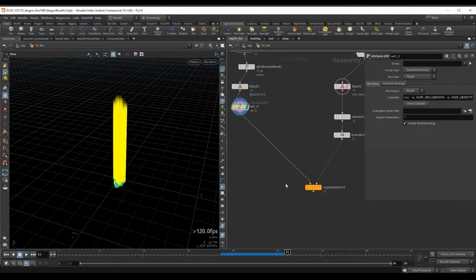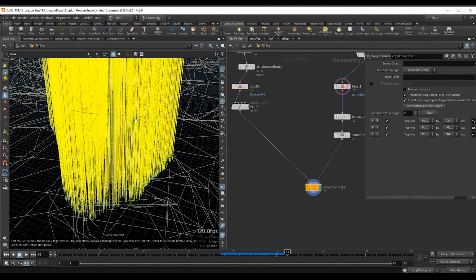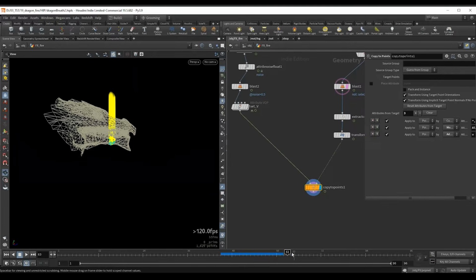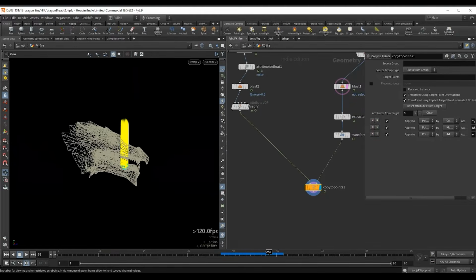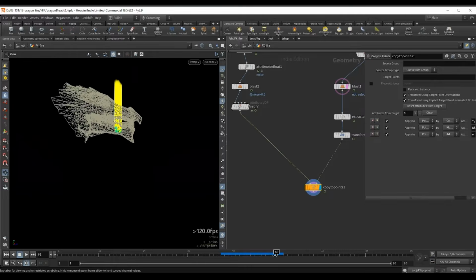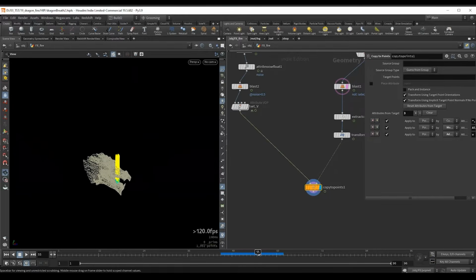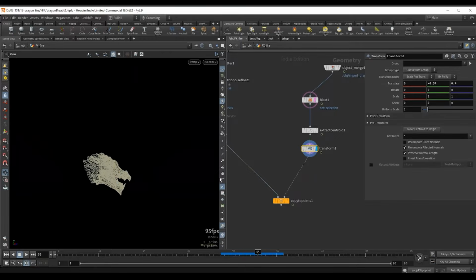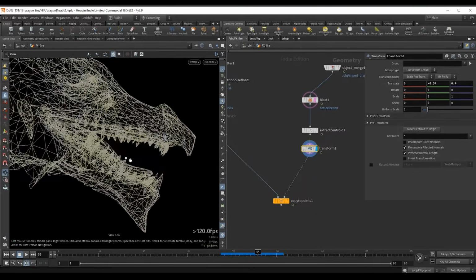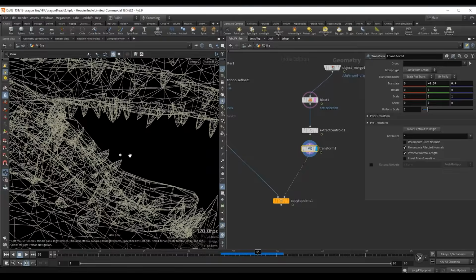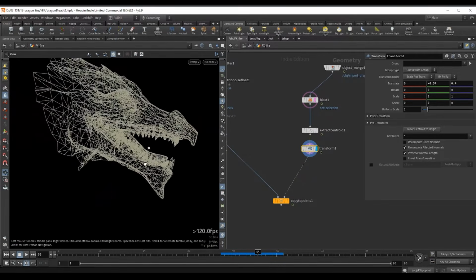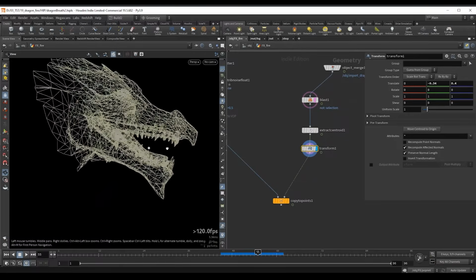And now if I go to my copy to points, we need a way to align this V with our direction of the head, because currently this point that we created doesn't have any information for the directions. So we need to create a normal vector for this. If I look at my point over here in the center of the mouth, we need a direction, so we need our normal to be facing the same direction as our head.